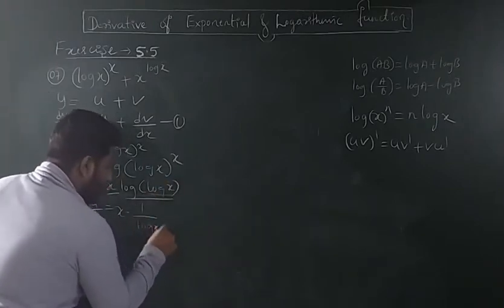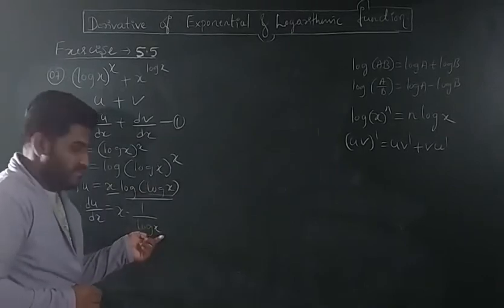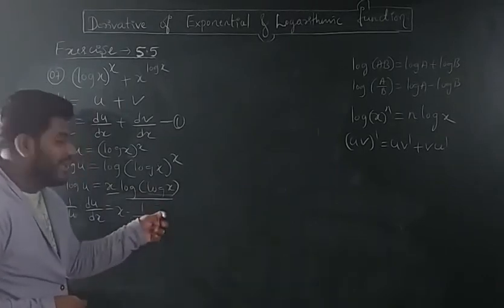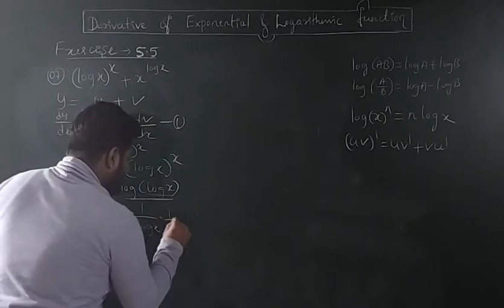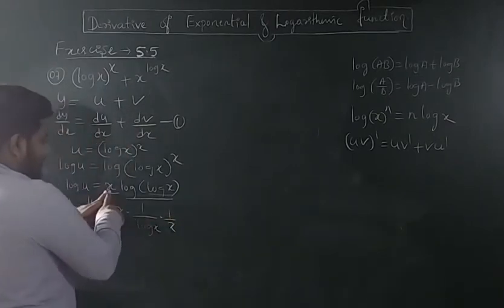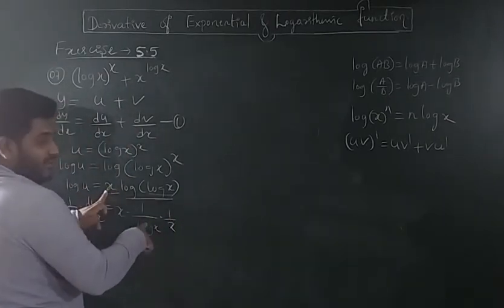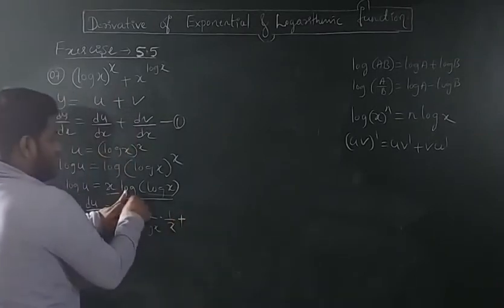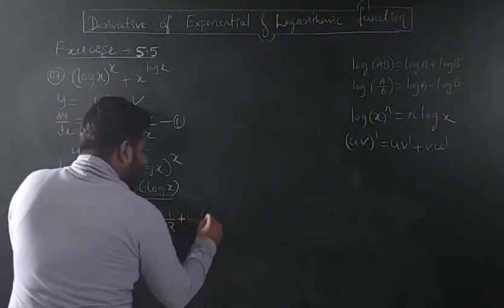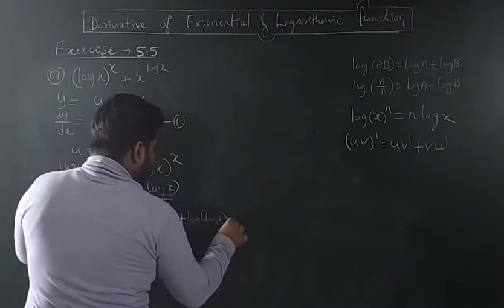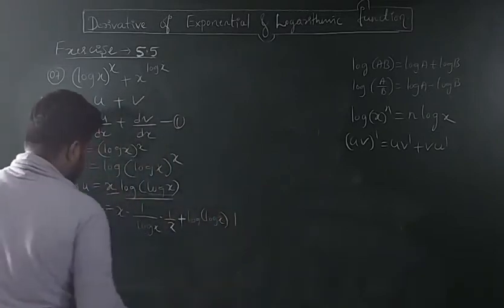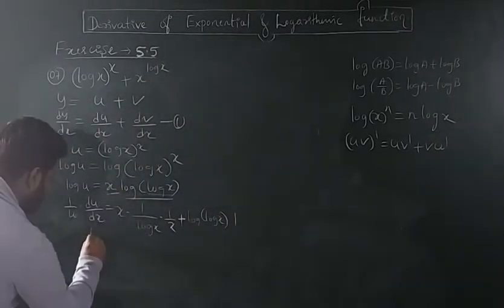Log x. If x is there, it ends here. But it is a log x, so again we should take the differentiation of log x, which is nothing but 1 by x. So now, first function as it is, differentiation of second function is over. Plus next one, second function as it is, log of log x as it is, into differentiation of x, which is 1. So put the values of u here and get the answers.